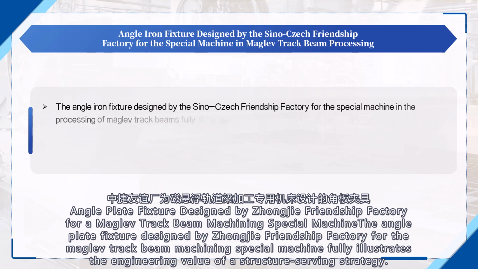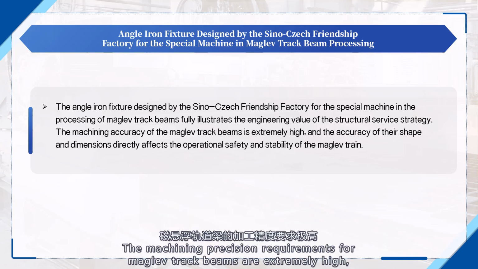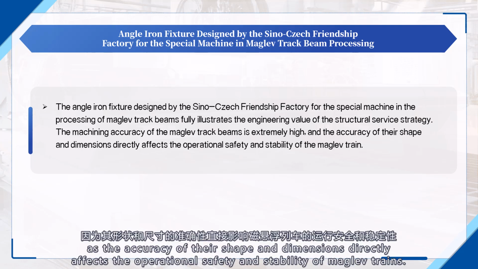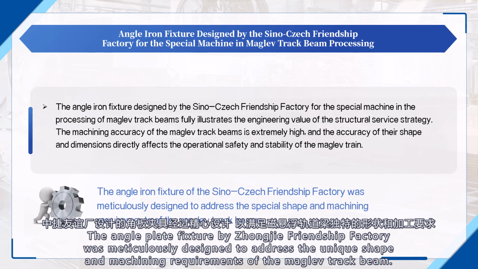The angle plate fixture designed by Zhongjie Friendship Factory for the maglev track beam machining special machine fully illustrates the engineering value of a structure serving strategy. The machining precision requirements for maglev track beams are extremely high, as the accuracy of their shape and dimensions directly affects the operational safety and the stability of maglev trains. The angle plate fixture by Zhongjie Friendship Factory was meticulously designed to address the unique shape and machining requirements of